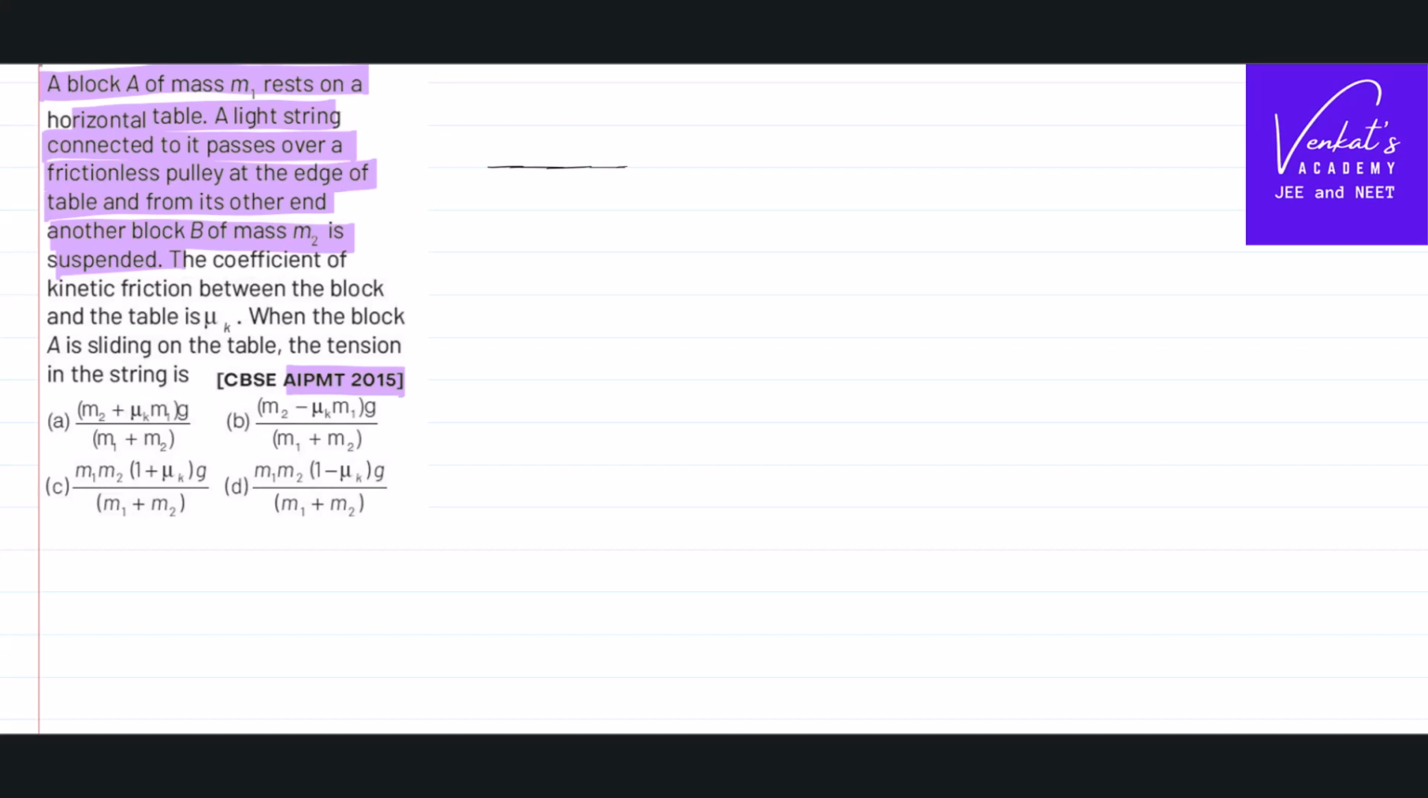Let me try to draw a diagram for that. There is a horizontal table on which block m1 is resting. Light string passed over a frictionless pulley, and at the second end of the string there is another mass m2 suspended, right? The coefficient of friction is given for you